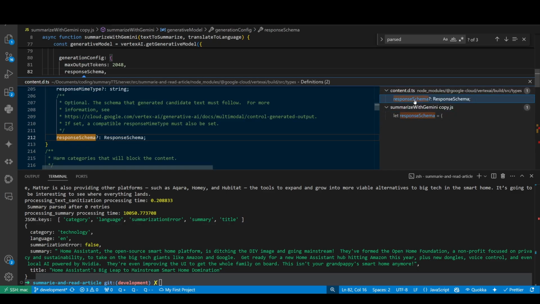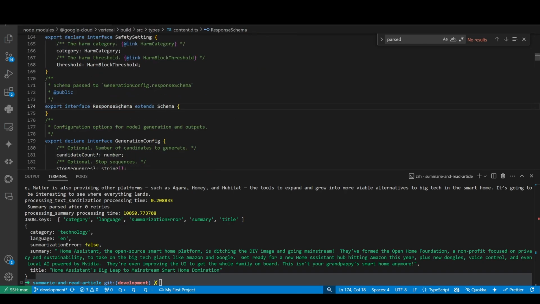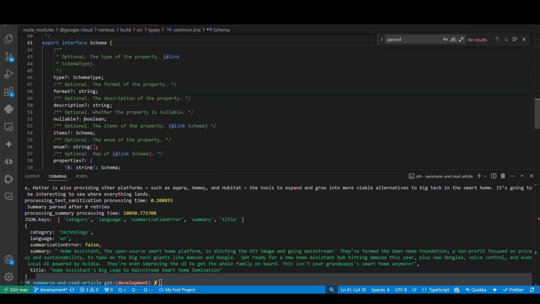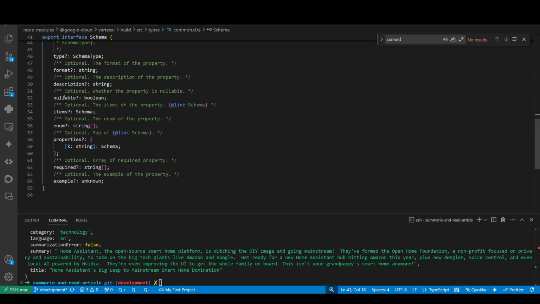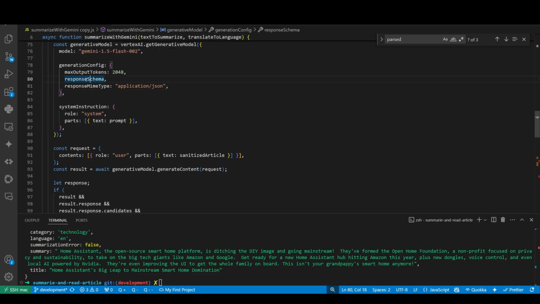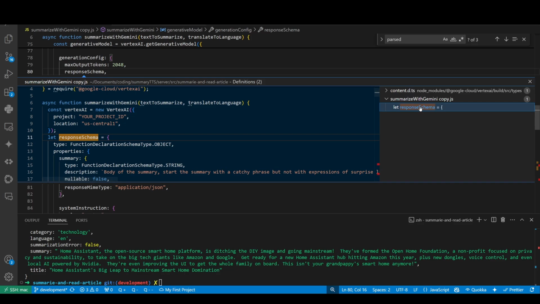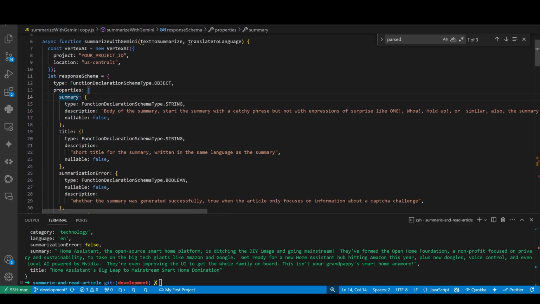By the way, you can inspect the library from GCP if you want to see what the options for the schema are: type, format, description, nullable, items, enum, properties. You'll see how I'm using those. So if I inspect the response schema of my script, and again, this is in Medium, if you want to copy paste that,